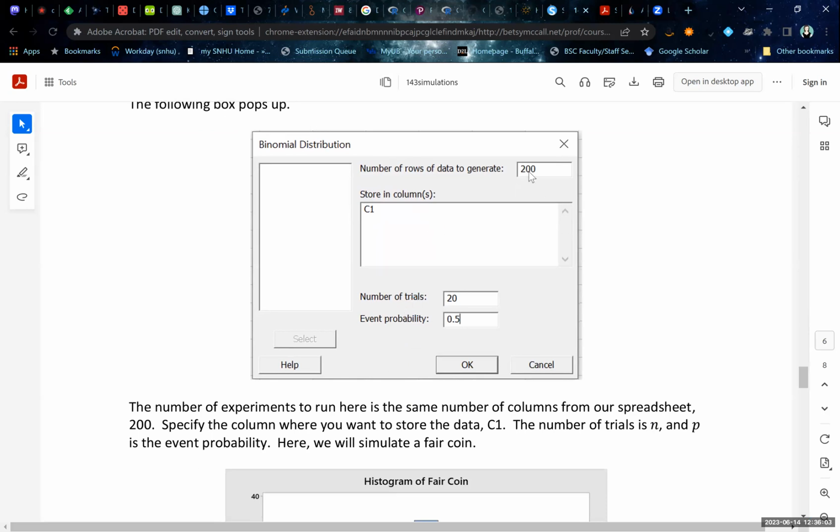And what we're going to do is, again, just sample what we were just looking at. We're going to run 200 rows of data. We're going to store the data in column 1 in our worksheet. The number of trials we're going to run, again, we're just going to replicate what we were just doing in Excel. Number of trials is 20. Event probability is 50%. So that's the probability of our success. We'll pretend that heads are success. And then if you hit OK,